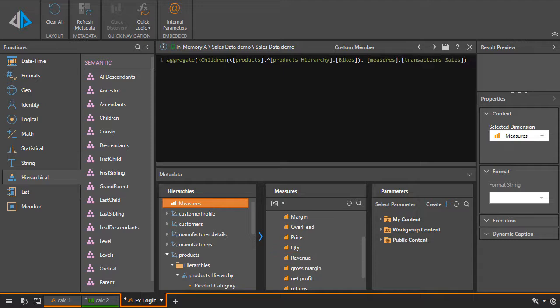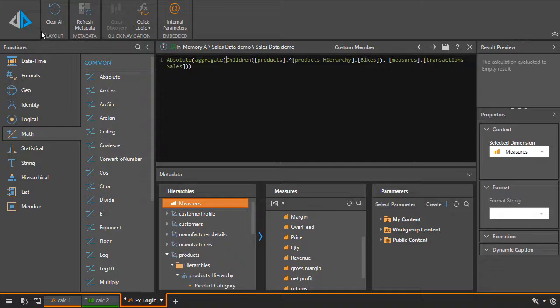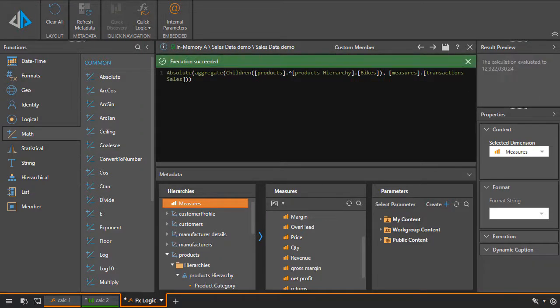Finally, we want to ensure that the number that is produced is always positive. So we simply need to take the absolute value of the result. To do this, we highlight our script, cut it using the right-click context menu, then go to the maths category, drag the absolute function to the editor, highlight its numeric argument, and choose Paste from the right-click menu. Clicking the big button, we can see a preview of the result, and we can now save our function for